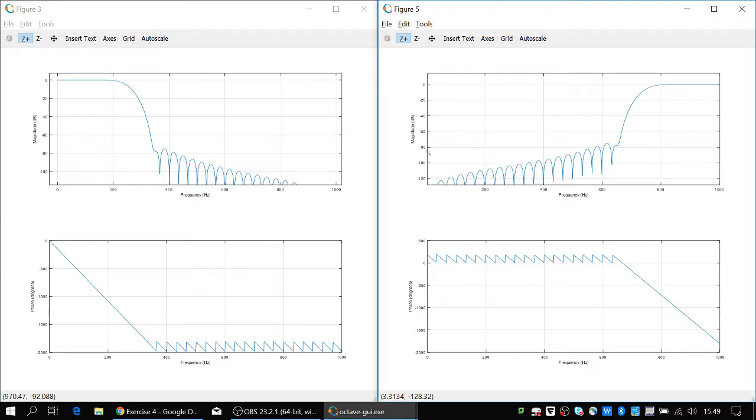Maybe like that. And when you multiply the transfer function or the system coefficients with -1 to the power of n, you modulate this to here. So it's basically a mirror image